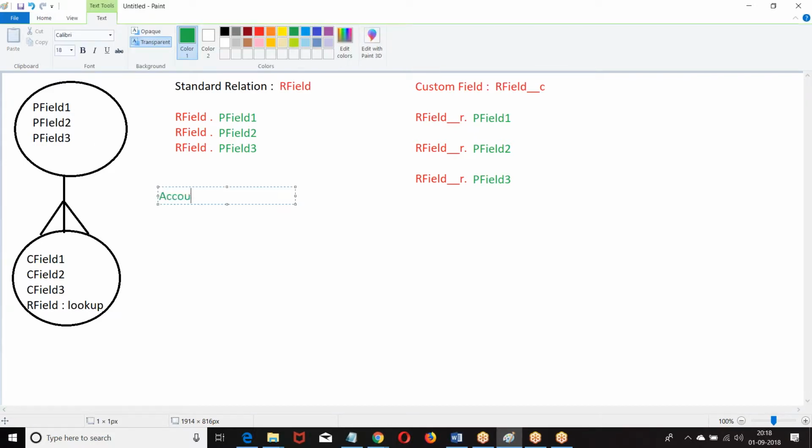Suppose, look at this. I have account object. I have a contact object. Name. The contact, I have a account. What is the name of the field? Account, which is a lookup to. So tell me how you refer. Account dot